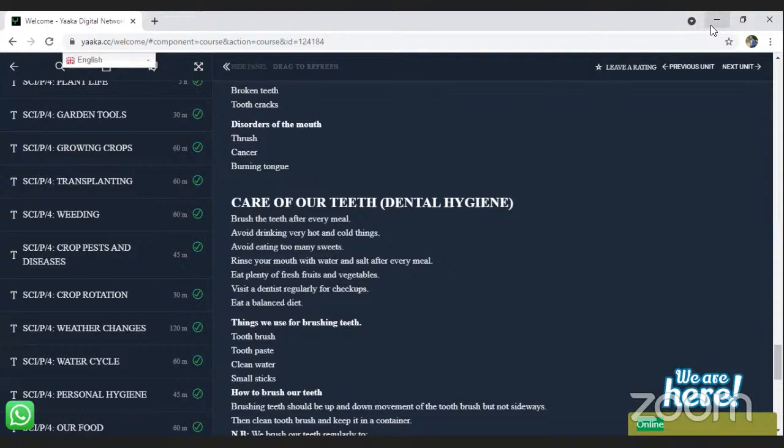We have been discussing teeth, the human teeth. We have basically 4 different types of teeth, which include the incisors, the canines, premolars, and then the molars. We also have the 2 sets of teeth, which include the milk teeth and then the permanent teeth, as simple as that. So other questions in regards to teeth,